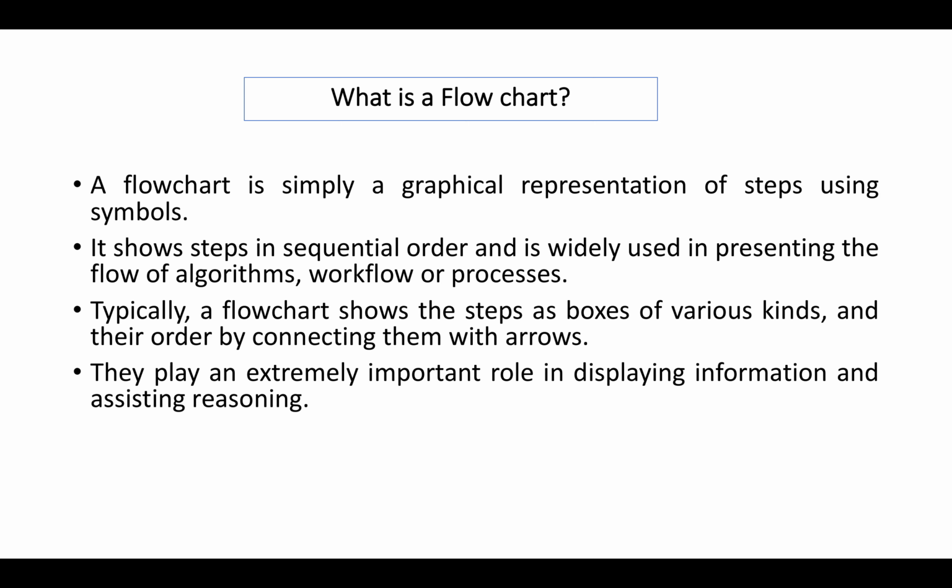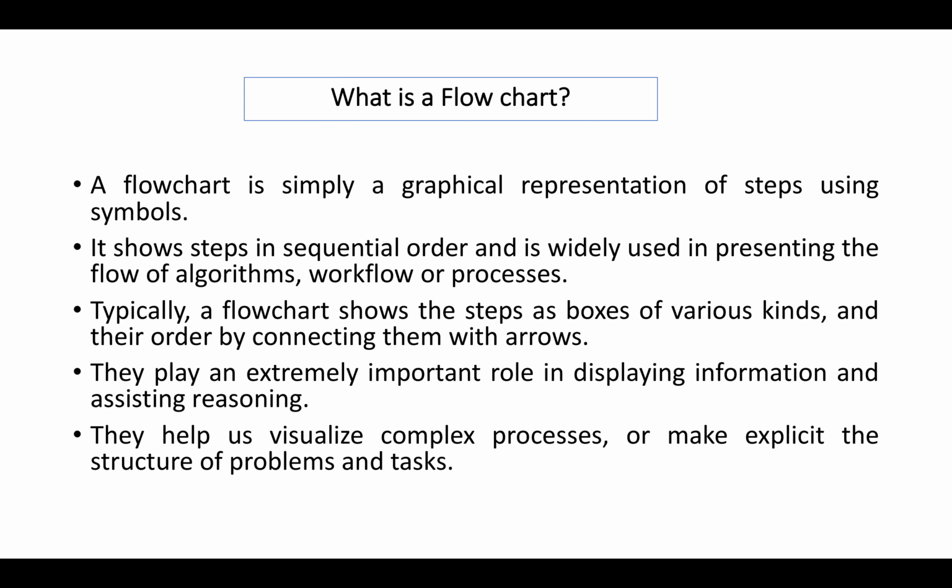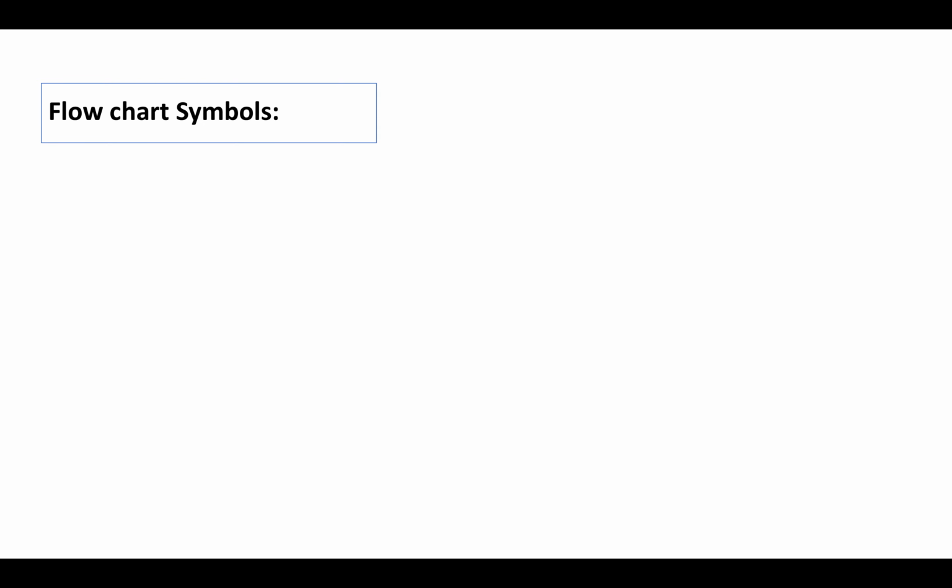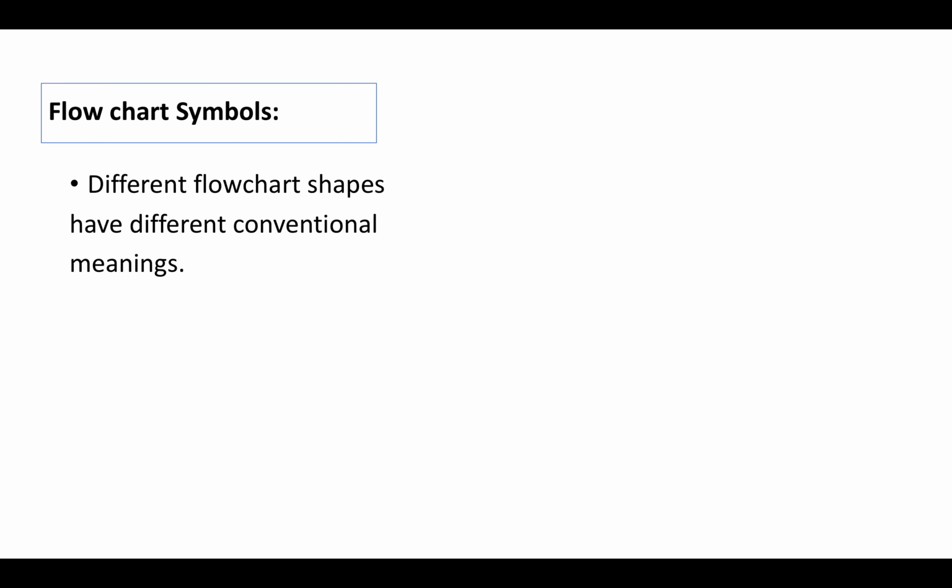They play an extremely important role in displaying information and assisting reasoning. They also help us visualize complex processes or make explicit the structure of problems and tasks. Now there are various kinds of symbols available for making a flowchart. Different flowchart shapes have different conventional meanings,